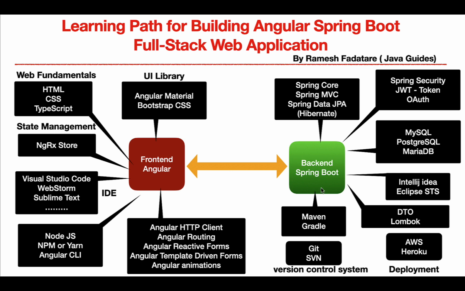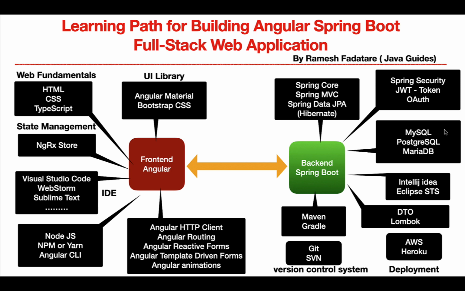Okay, and then if you want to implement security, then go ahead and learn the Spring Security framework. Well, Spring Security provides out-of-the-box authentication and authorization features, and along with Spring Security, go ahead and use JWT token-based authentication. So it's quite popular nowadays. Many developers or many organizations prefer using JWT token-based authentication to secure REST endpoints.